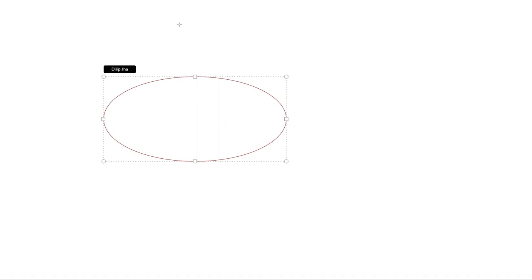Now, this is the major axis whose length is 2A. And this is the minor axis whose length is 2B. So semi-major axis has a length of A and semi-minor axis has a length of B. Now, let's say that this is the foci